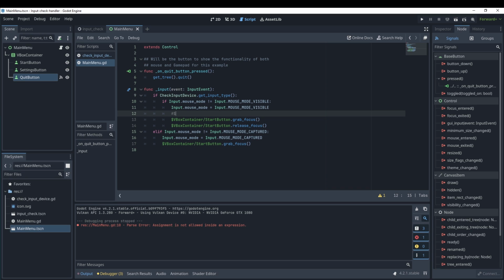Now, the method that I was talking about that could work in 4.3 instead of these two lines is going to look like this: release_focus. I don't know how that would work, but if you are using Godot 4.3, you can try using gui_release_focus. And I have a typo. Oh no, I didn't fix it. There we go. Okay, now moving on, I'm going to show you how to remove the hover